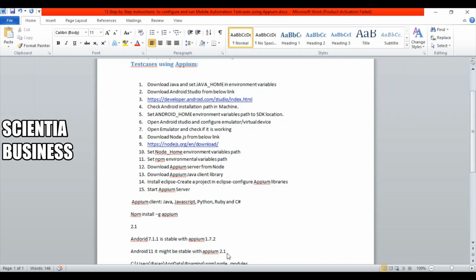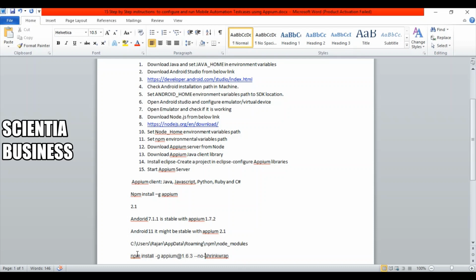Now if you want to install a particular version of APM, the command that you need to use is something like this, right? npm install APM followed by the version. In our case it would be 1.7.2 followed by no shrink wrap. This is the syntax of the command that we'll be using.